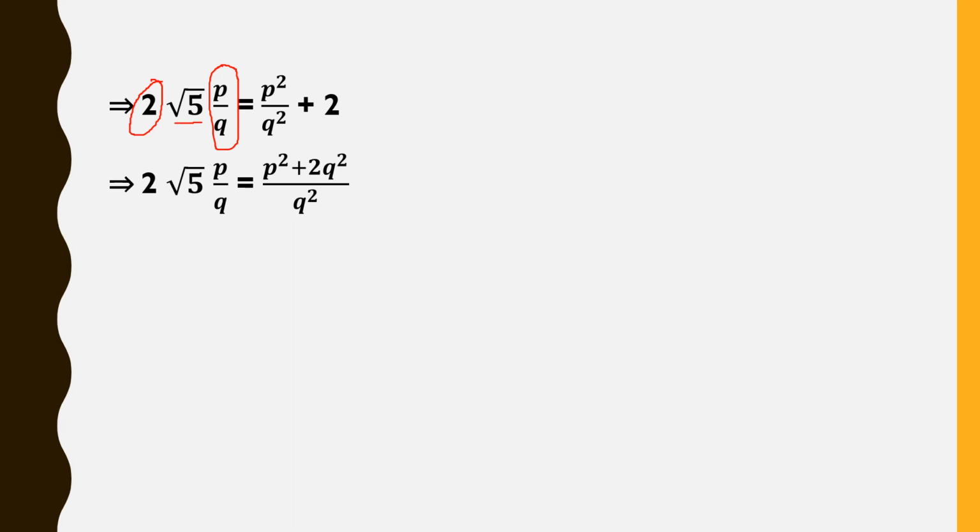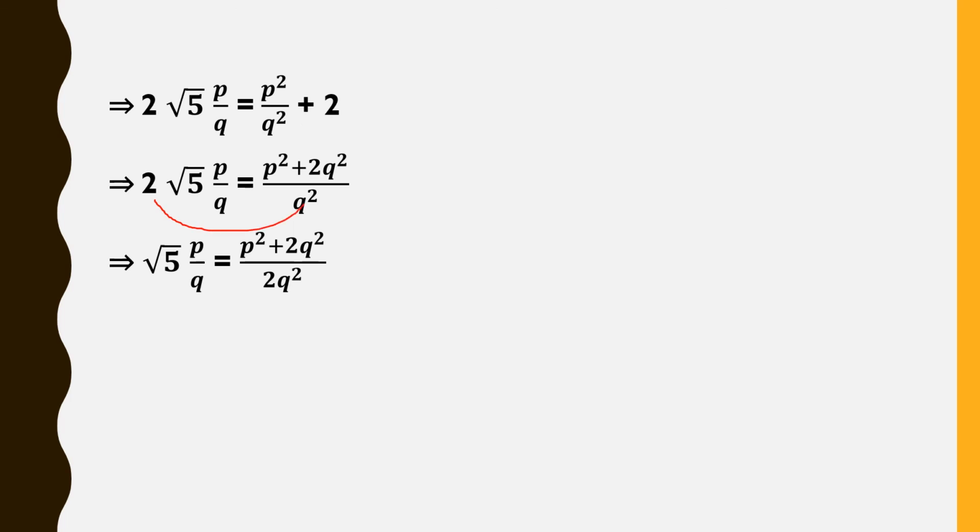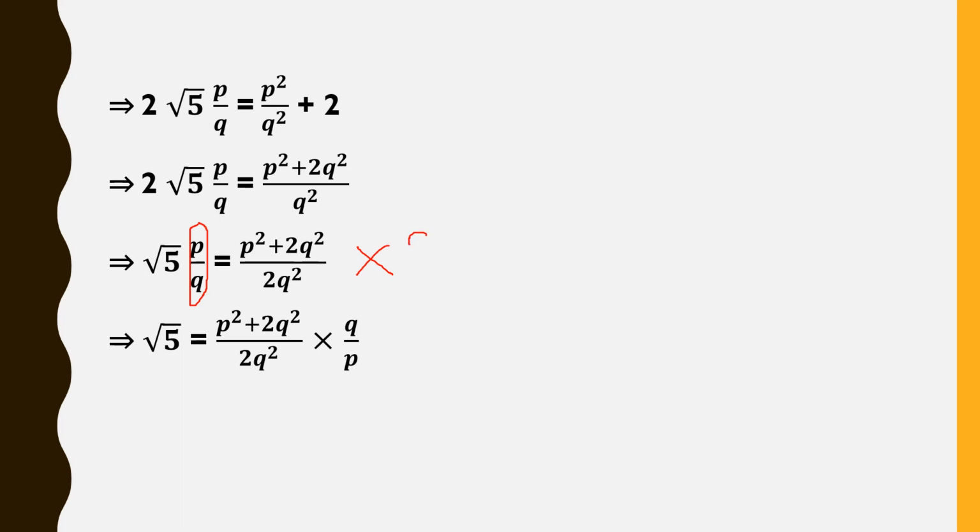To send this 2 and p by q, first we should take the LCM here. Take LCM, you will get the LCM q square. So there is no denominator for this 2, so you give this q square there, simple way. Now send this 2 first, then p by q next, same like the previous problem. I am sending 2 first, 2 is multiplying here, so it will be divided there. Now p by q is multiplying here, when it goes there, it will be dividing. So instead of the division symbol, I can put multiplication and write the reciprocal. So I can write like this.